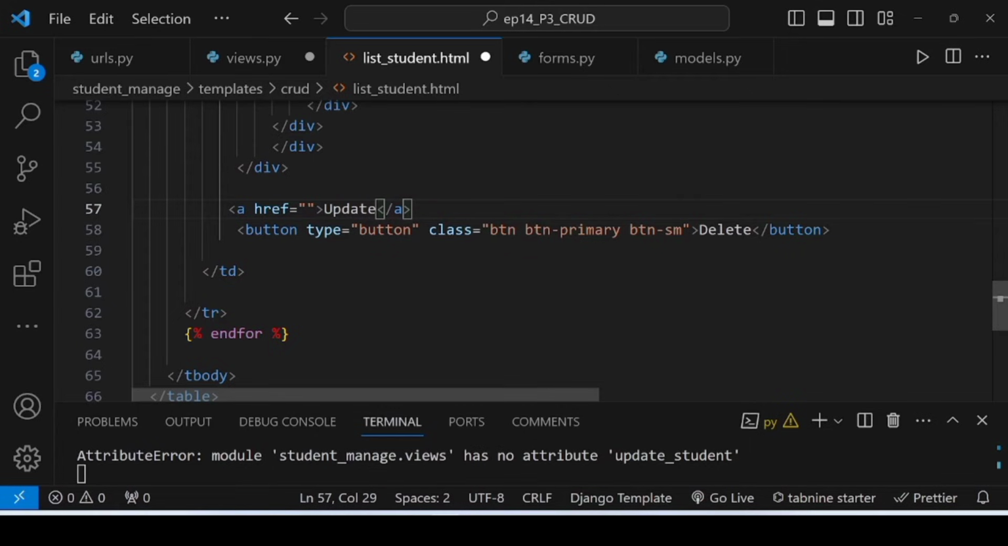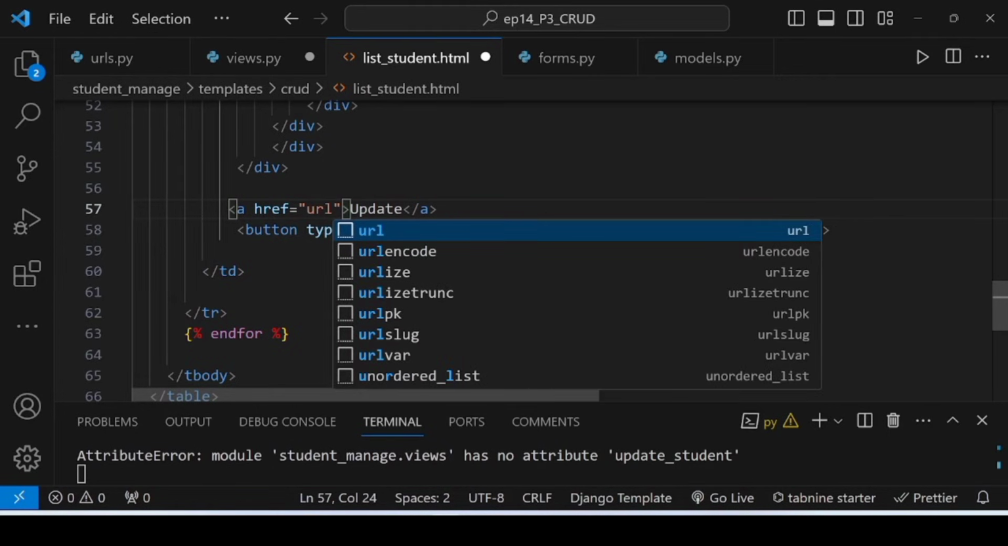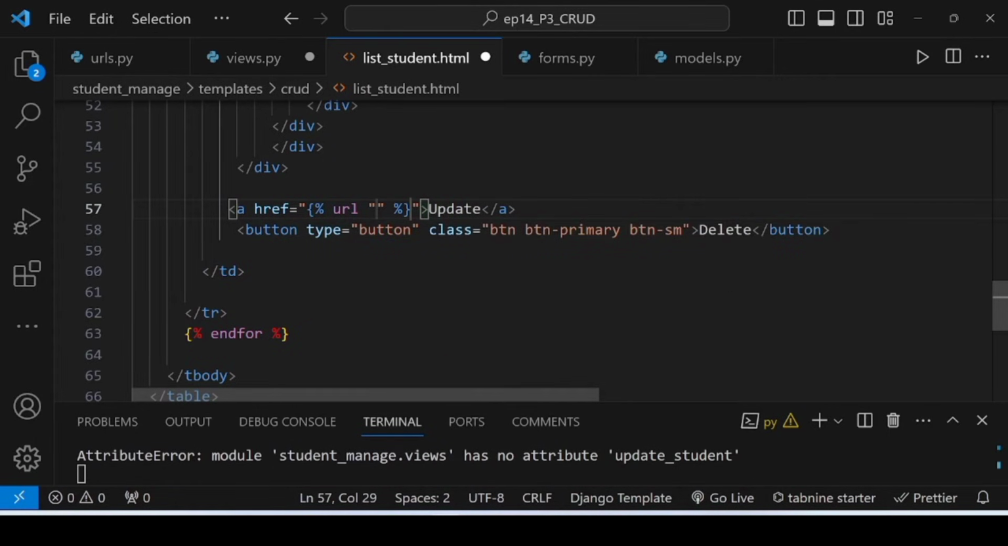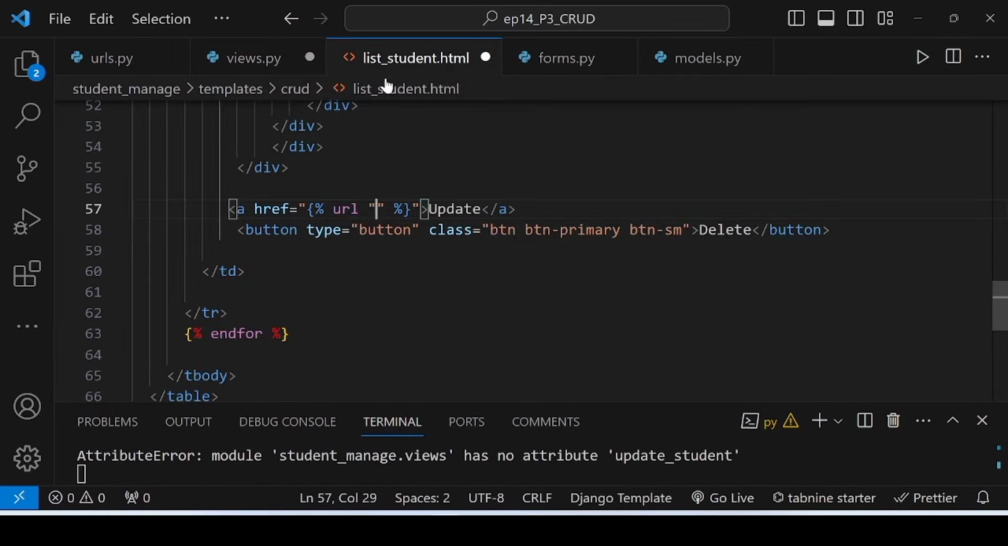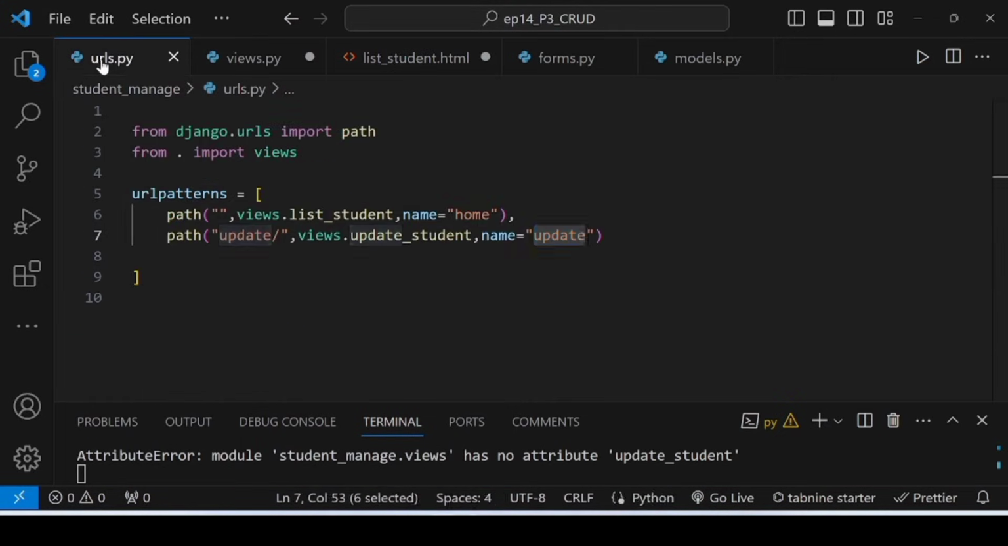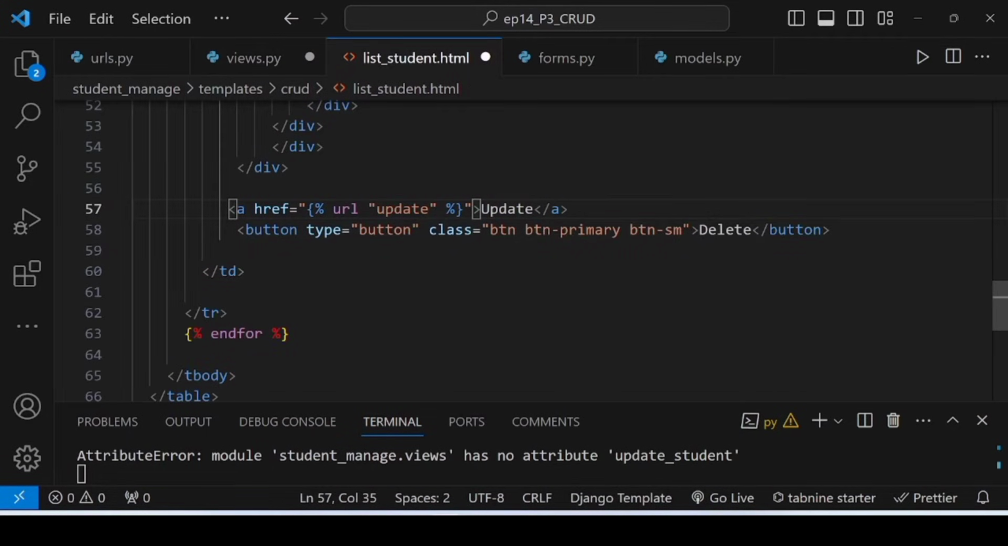Then we'll change the style later on. It should take you to which page? To the URL, that is, the URL we have created: update student. The name we have given is update. Okay. So when we give the href this way with the help of the url tag, over here we give the name. So for this link, what name is there? Update. So I will come over here and write update, and along with that